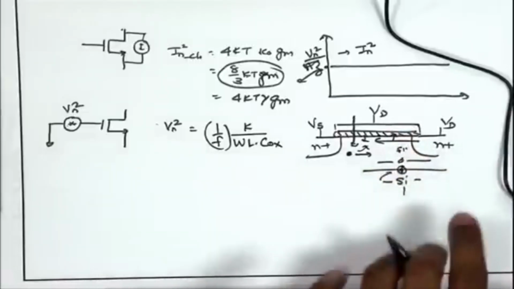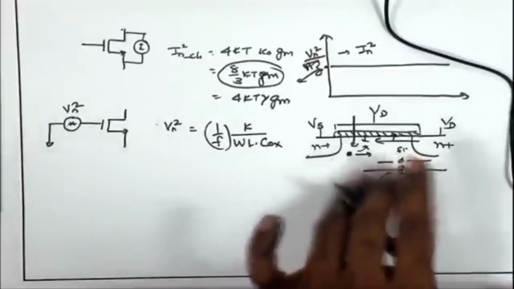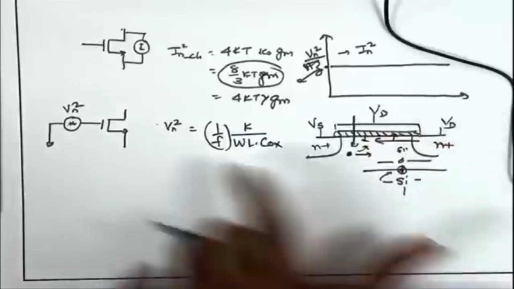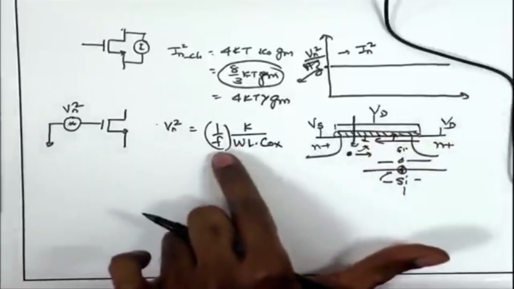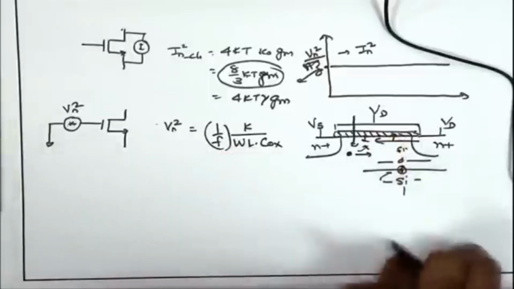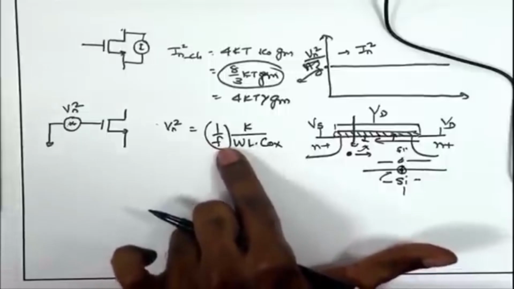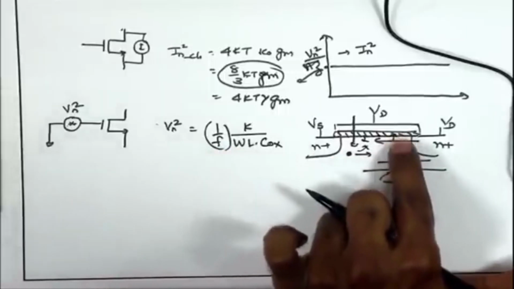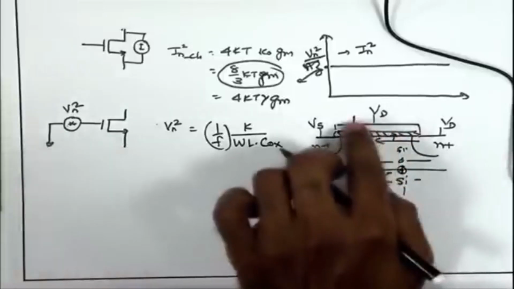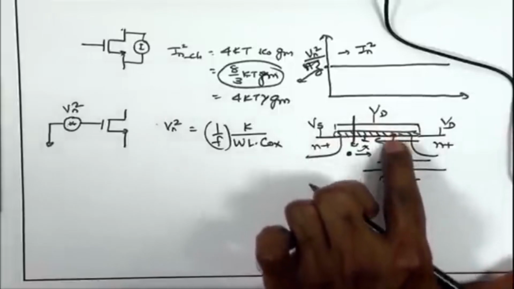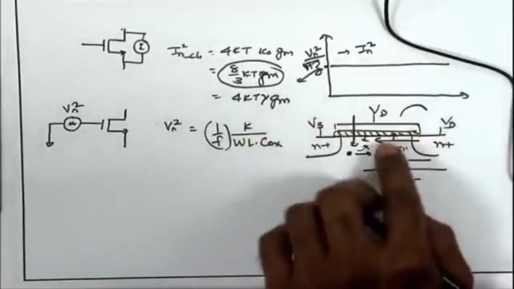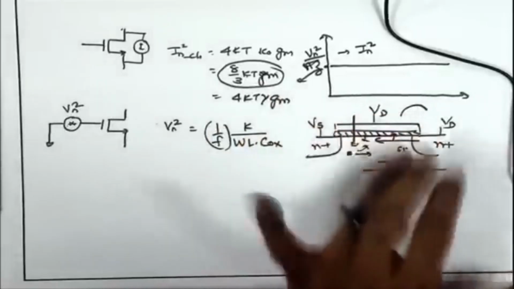So, there is a basic mechanism, but just in a hand waving argument without going to the deeper physics or derivation, we are just trying to state the basic mechanism that this is the main phenomena which results in the 1 upon f noise, and this 1 upon f noise characteristic is mainly resulting from this trapping detrapping process. If you are going towards lower frequencies, this trapping detrapping process is able to track the low frequency signal much more easily. So, if you are changing the gate voltage slowly, this trapping detrapping phenomena is much slower, and therefore, it is able to track the changing gate voltage in a much better fashion,